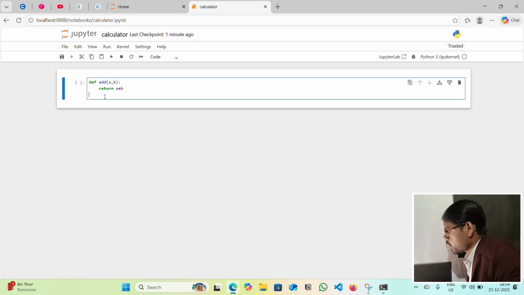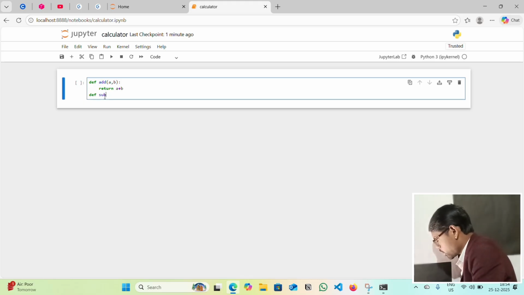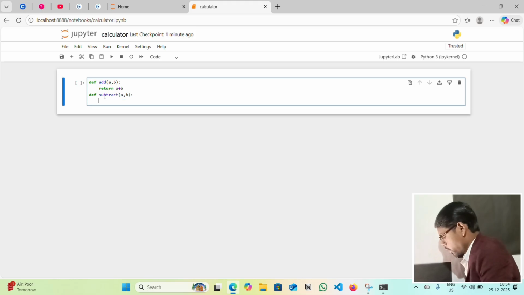Create the next function, def subtract. Add two parameters and return a minus b.